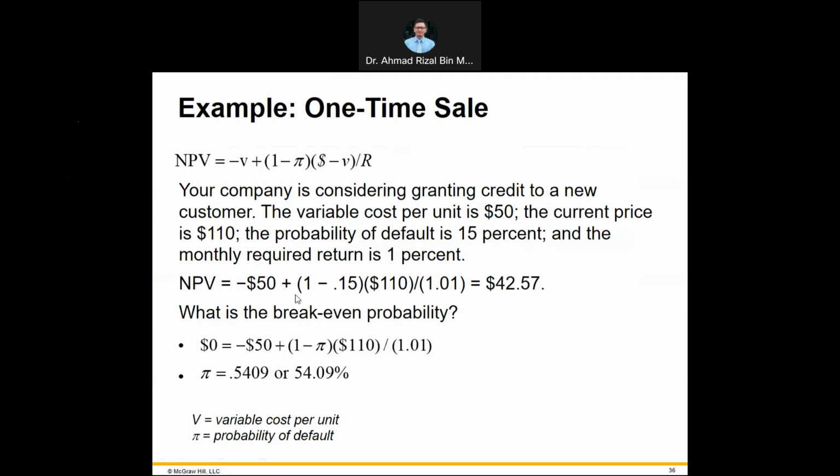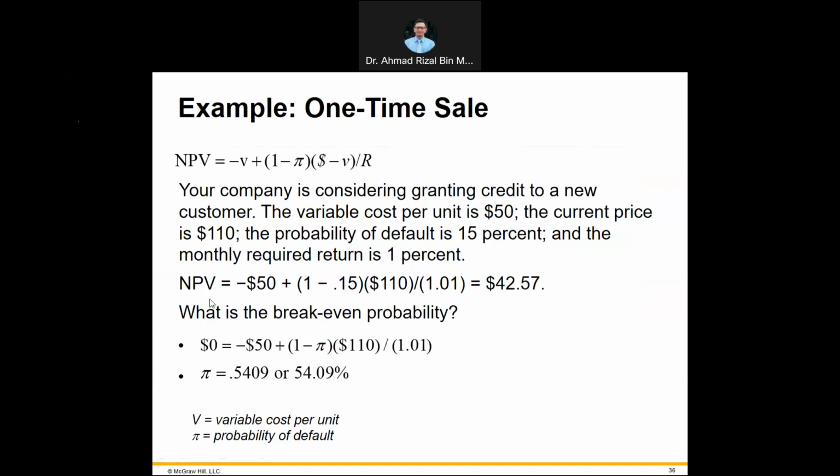The price, right? And the monthly required return is 1%. Okay, monthly required return is 1%. This refers to how much you are offering in terms of the discount to the customer. So putting in the figures in the formula, you will see that the NPV is